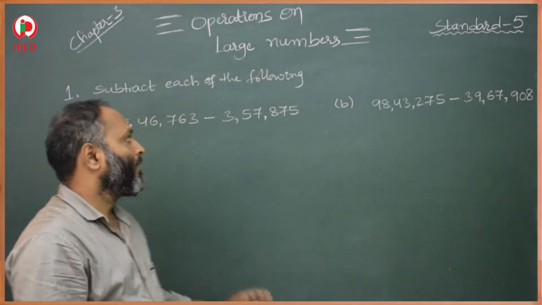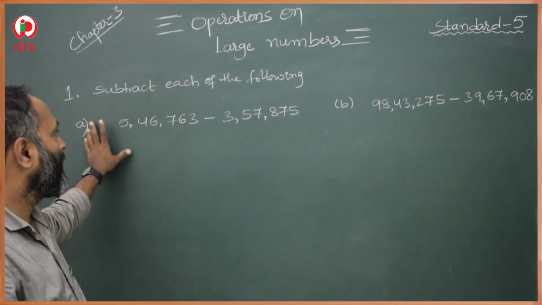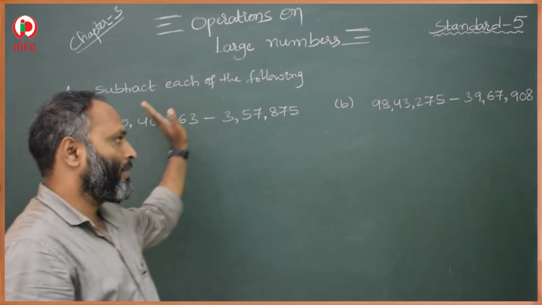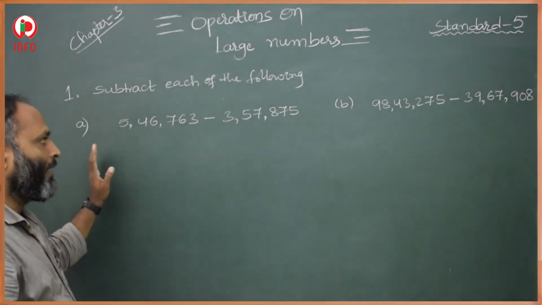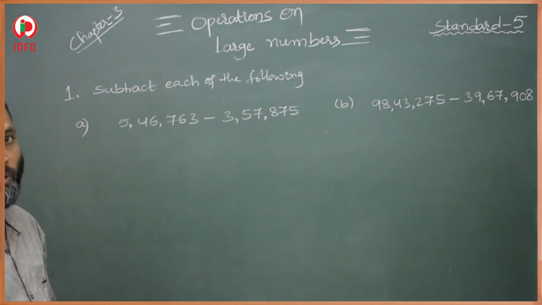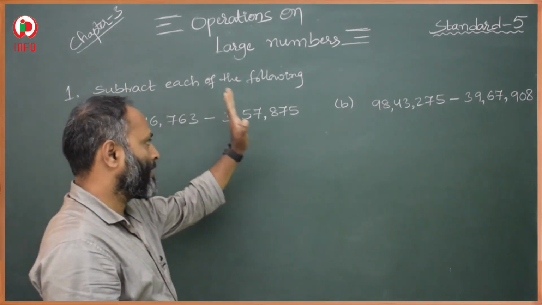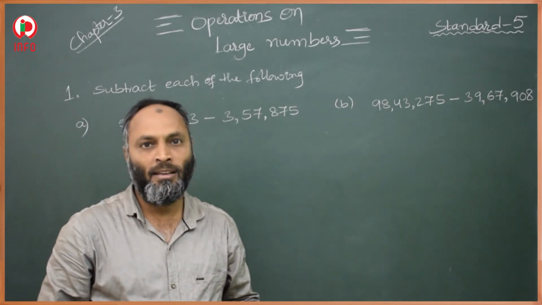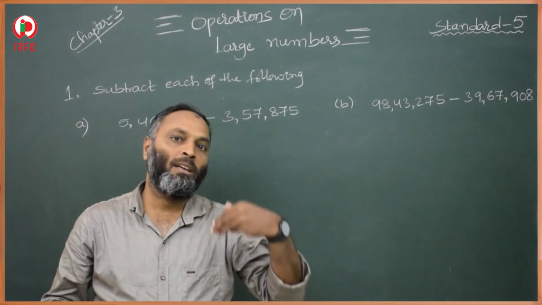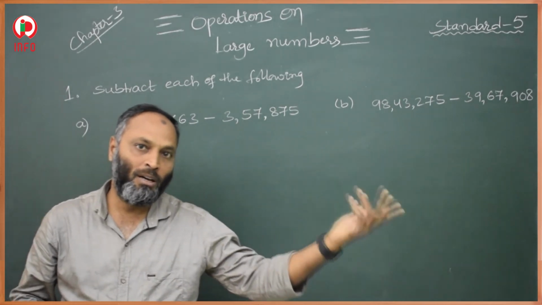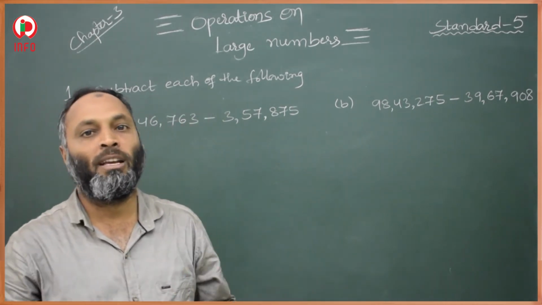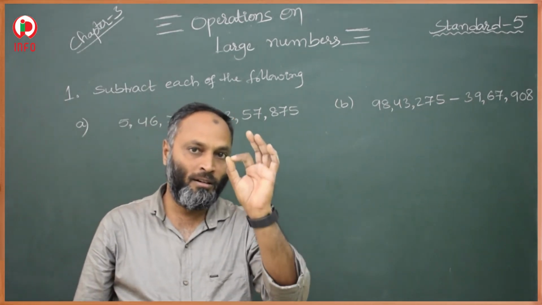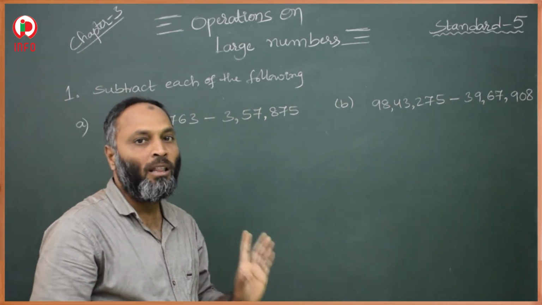Now students, here two questions are given. So in this, what we have to do? Subtract each of the following, the first and the second. So here order cannot be changed in the subtraction. This is the first, this is the second. In addition, the order can change, so that depends on us. If a smaller number comes first, then the greater number comes after, we can arrange first bigger and smaller, like that. We can change in addition, but in subtraction, whatever order is given, that order we have to follow.